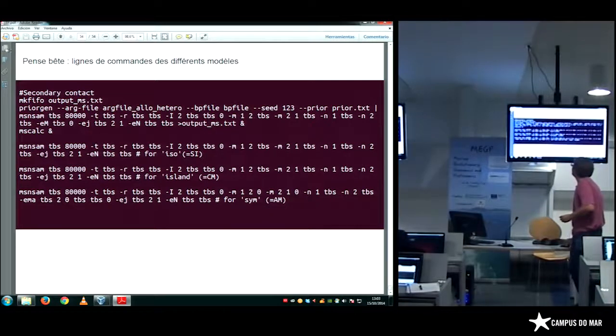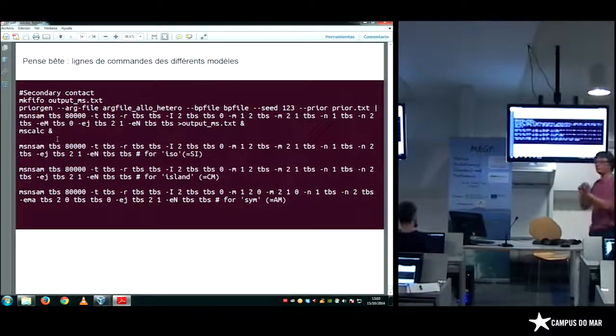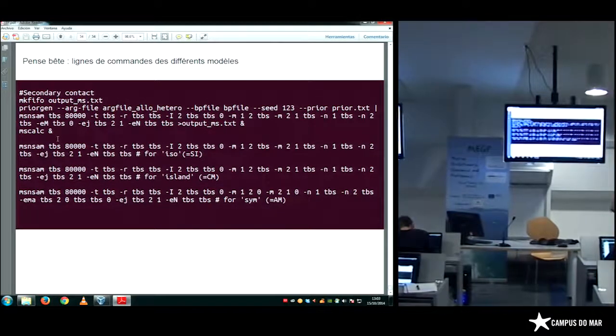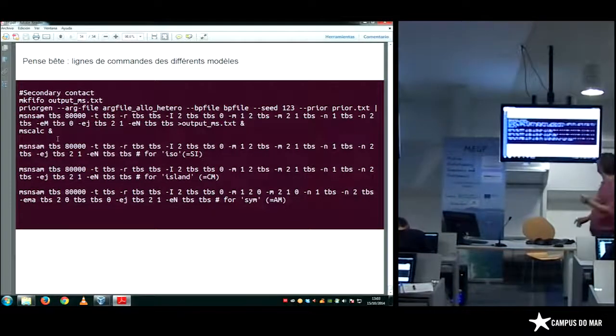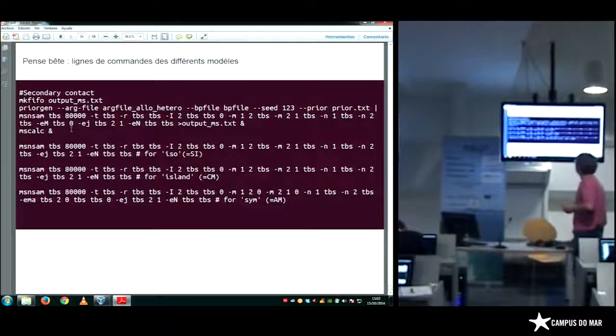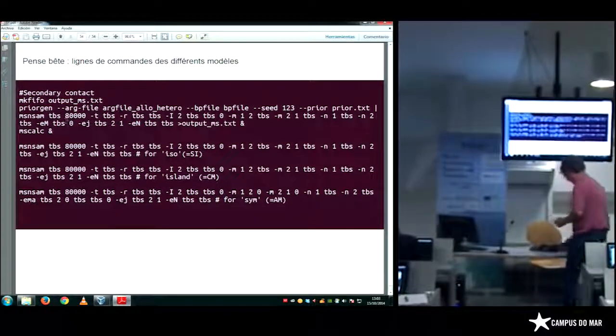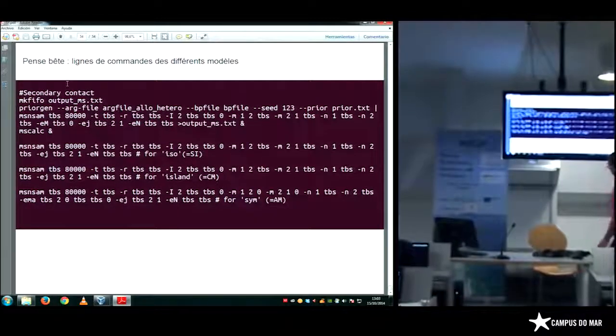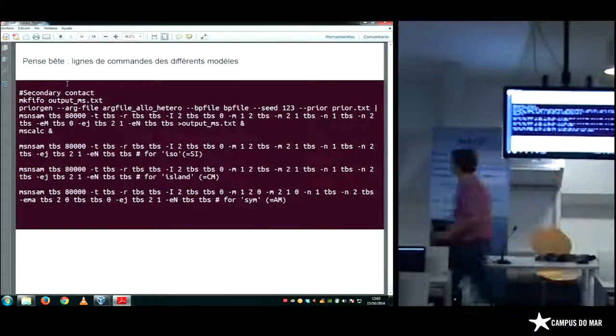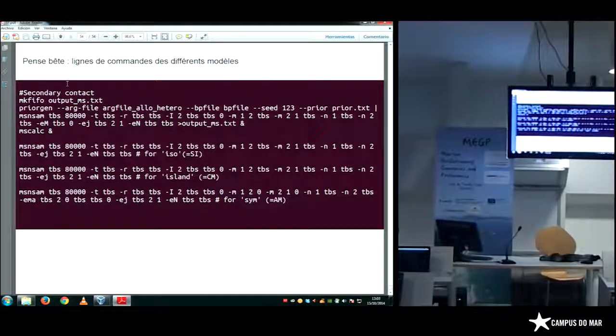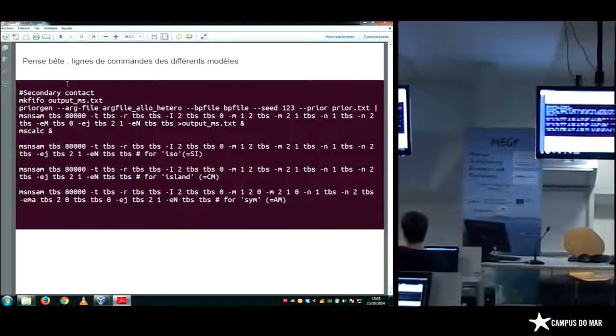So you will see that TBS will be used to call the value of the parameter in a text file that will be generated by PriorGen. Here you have the secondary contact model.